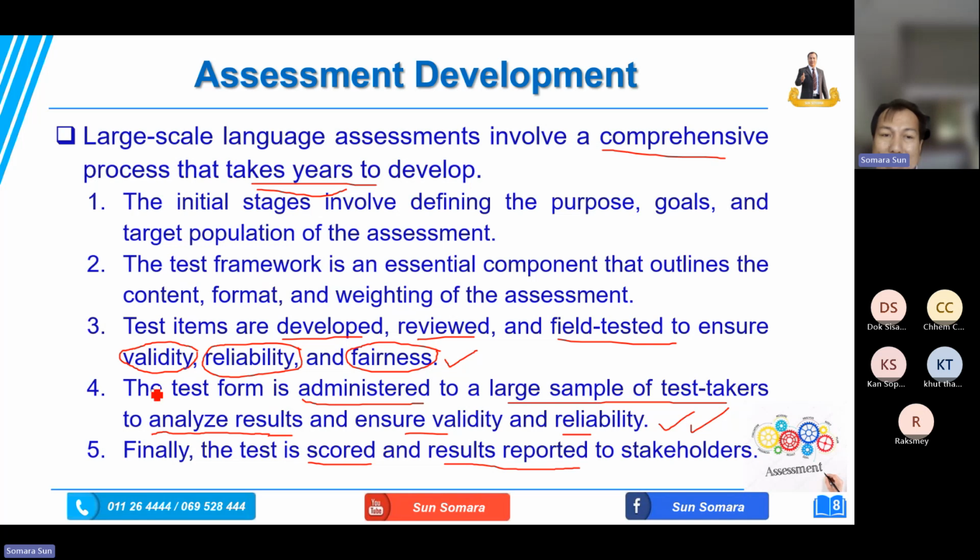Okay, so in item number 4, I can say the first one, they need to organize the assessment for a large group of sample test takers, maybe 100 or 500 at a time. After they take the test and after they score, they need to analyze the result. They will check it carefully against the test items, and then they will interpret it to show about